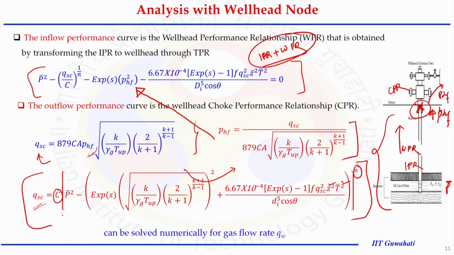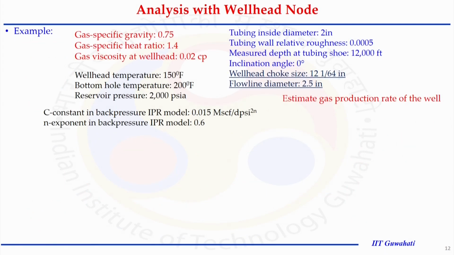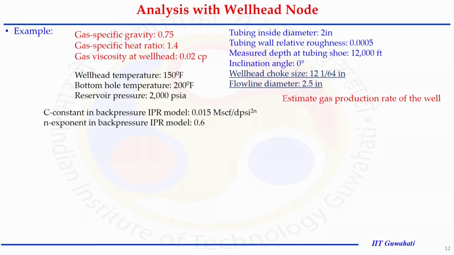So, we can solve it, but the other procedure is the graphical procedure, where the inflow and outflow are plotted. Let us understand this again with the help of an example. The example says the gas specific gravity and other information related to the gas composition are given to us, meaning what type of gas is being produced, the tubing diameter, and the valve conditions. The additional information given is the choke device diameter, meaning the size of the choke device, and other information. We can use this information at the wellhead node to calculate the operating condition at that particular point. So, let us see what we can do.